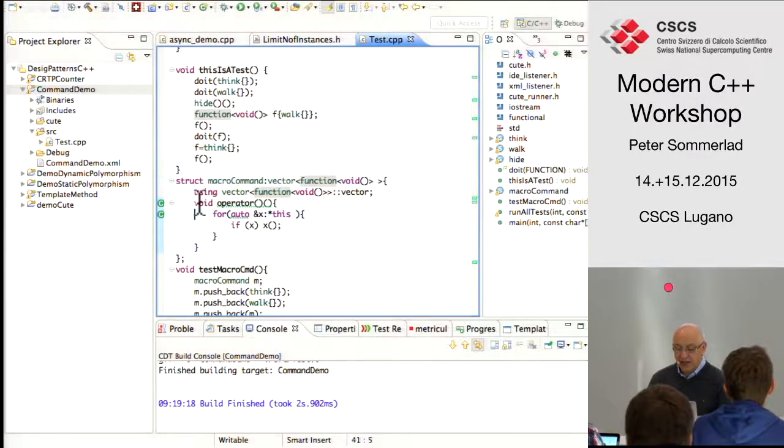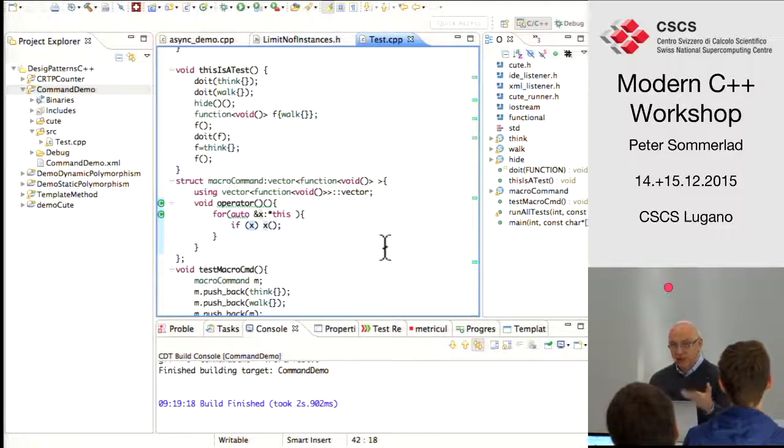And that way I can add a call operator to my macro command class and just execute all the function objects. Here I do, again, the check if the function object is actually valid or not empty, and then I call it. So I won't get undefined behavior if I call a function object that doesn't have a valid function behind it.